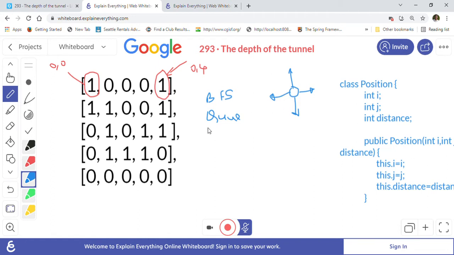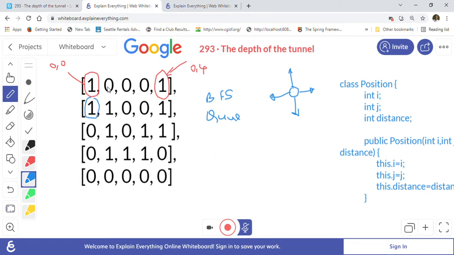And we will make sure that as we go in 4 directions, the cell should not go out of the matrix. For example, in this one, if we go upward, then we are going out of the matrix, so we will not consider those cells. And we will only consider the cells which are 1. For example, here if we are starting from this one, we will only consider this one as the valid cell in 4 directions.